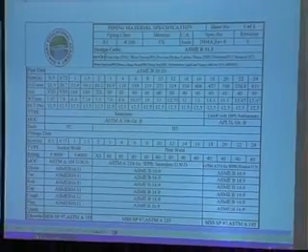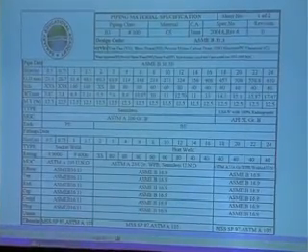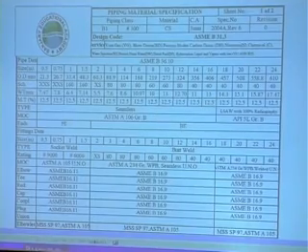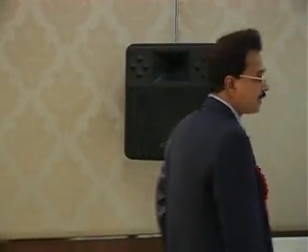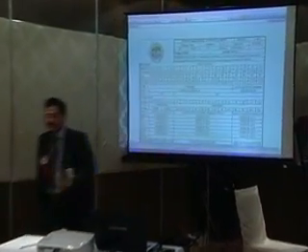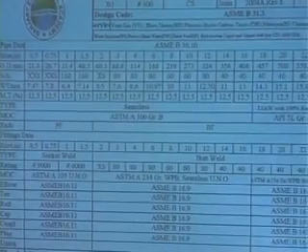A106 grade B. Nowadays, all the oil and gas, petrochemical, refineries, and even the power plant industries use ASTM, American Society for Testing Material, the same notation in India as well as abroad. It is a high carbon temperature steel. Sometimes it will be A106 grade B. A stands for ASTM, and 106 stands for the material specification number.